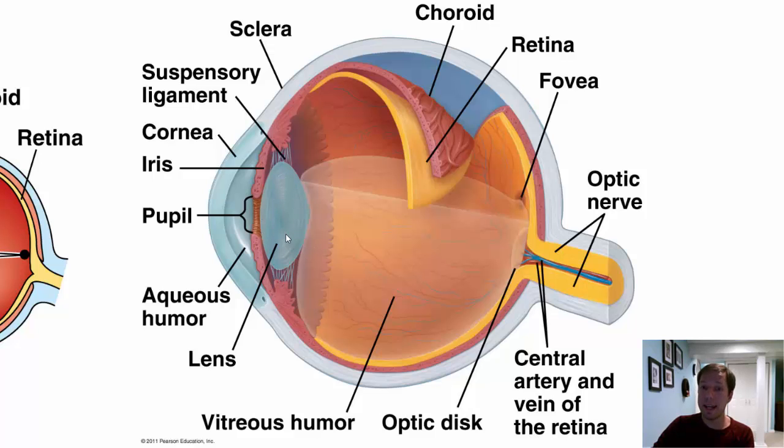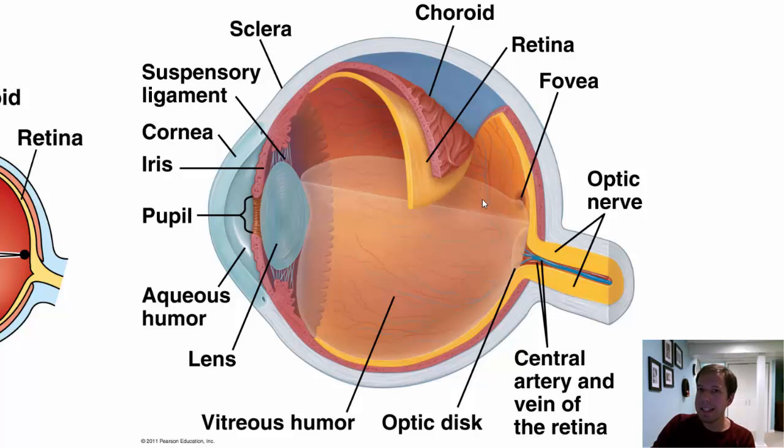Just past the pupil is the lens. The lens is extremely important because it helps to bend the light that comes in. As light enters the pupil, it's going to be diffracted, bending toward all of the different parts of the retina, because the retina covers the entire back portion of the eye. To make your vision more precise, so that you can see not blurred images but very sharp images, it's necessary to bend and spread out the light entering the eye, so that you'll be able to see some of those